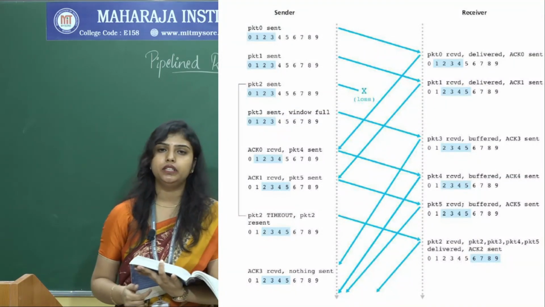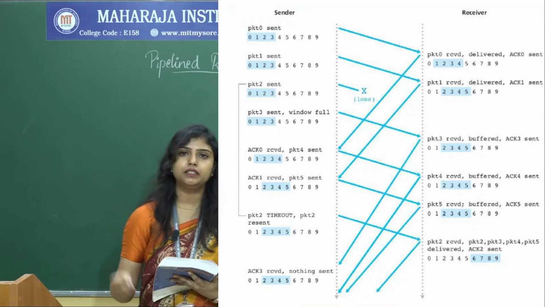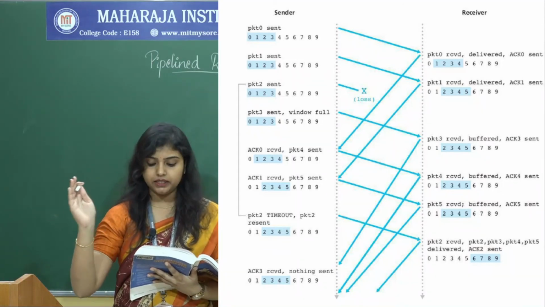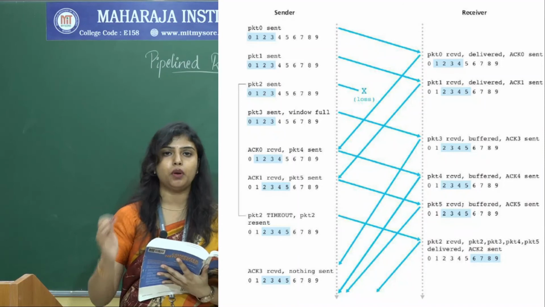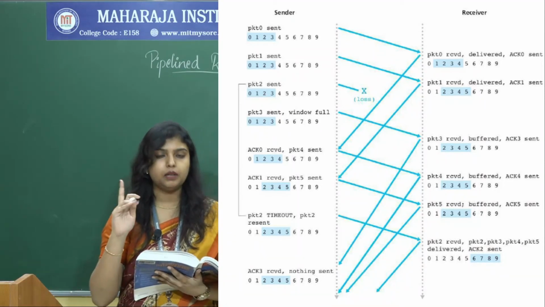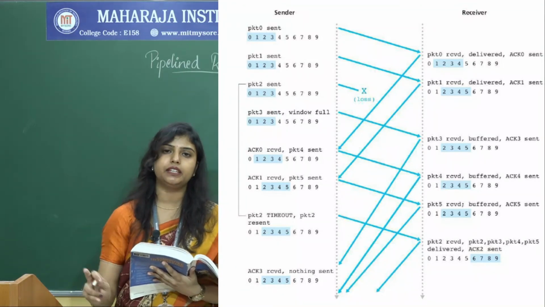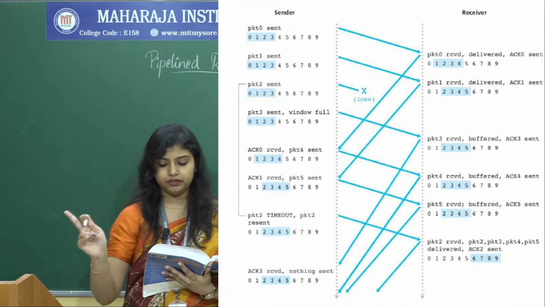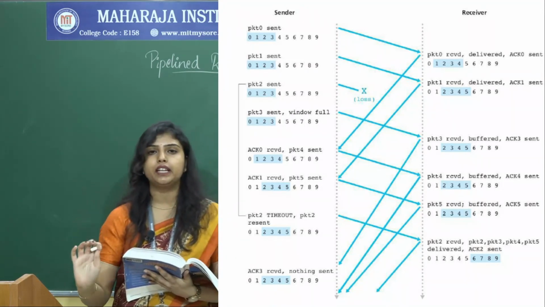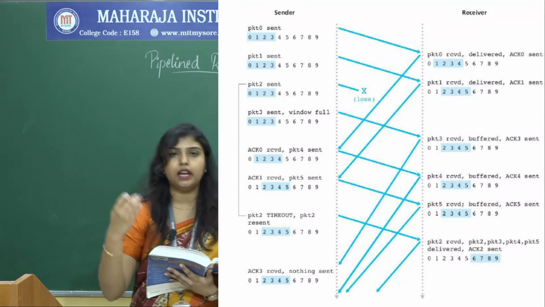That is what they have shown in the diagram also. Here packet 0 is sent from the sender and it is received correctly by the receiver and delivered, which means it is not kept in the buffer. Then acknowledgement 0 is sent from the receiver, and packet 1 is sent from the sender. Packet 1 is also correctly received and delivered, not buffered, and acknowledgement 1 is also sent. Packet 2, while transmitting, has been lost, and then packet 3 is sent,